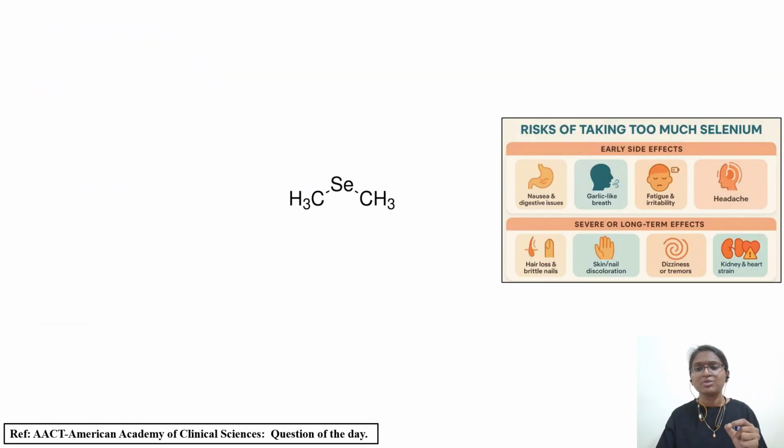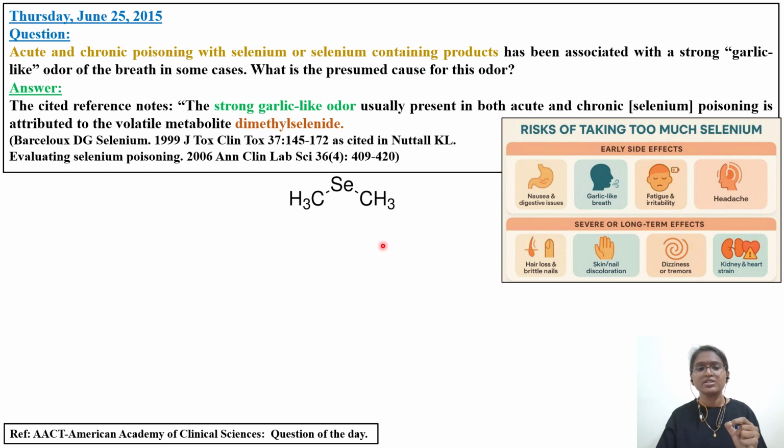Okay, so that was about white muzzle disease. Now we'll see some of the questions which we are discussing, because first we discussed DABT, that is the recertification question paper. Now we'll discuss some questions which were mentioned by the American Academy of Clinical Toxicology. Why we are discussing AACT is that you have to understand the DABT questions are framed by American scientists, and most of them will be from the FDA, so related questions will be there.